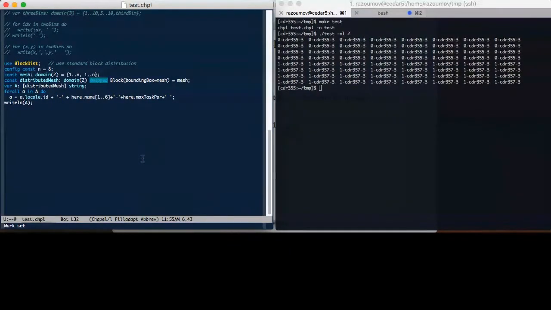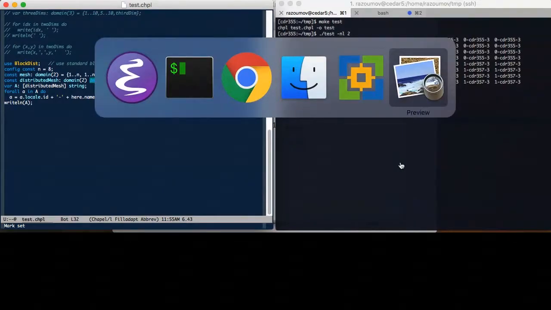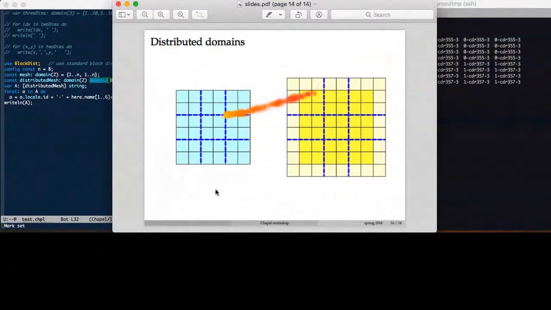Actually, let me bring up the very last slide. Outside of that decomposition. So here's the picture on the left, which shows the decomposition. It's a 3x3 decomposition among 9 locales, and we don't have any ghost zones on the outer edge of this decomposition. On the other hand, if we were to do the following, let's say dmapped block bounding box equal to mesh, and then we specify a bigger domain, let's say from 0 to n+1 in each dimension,